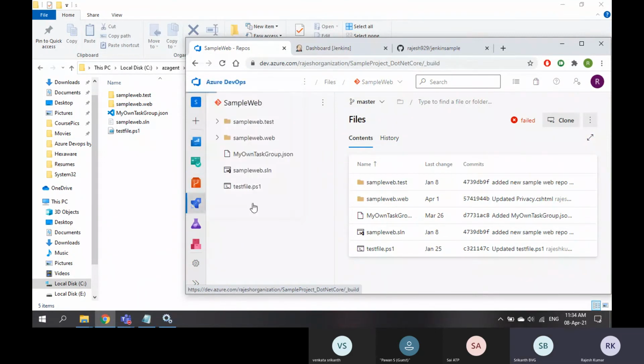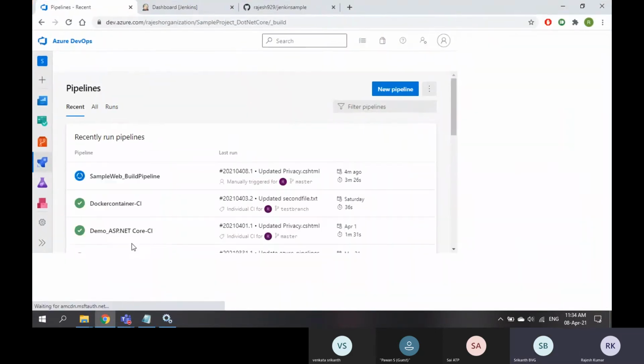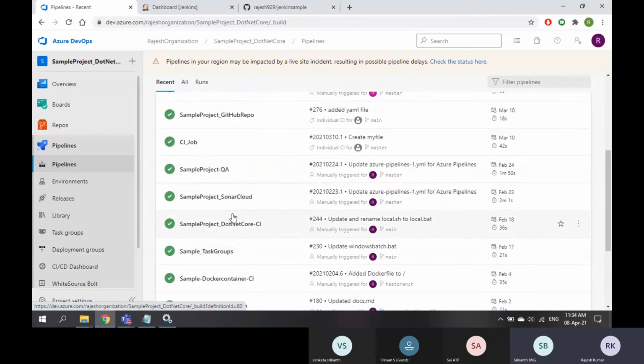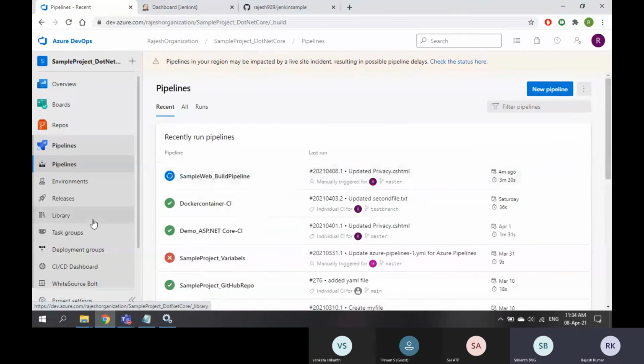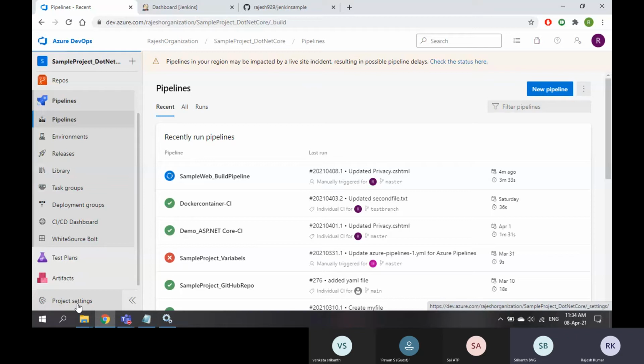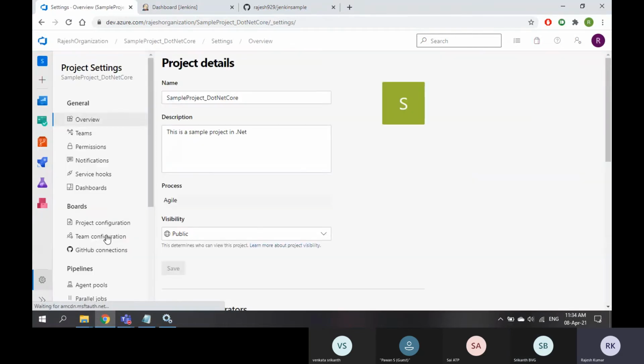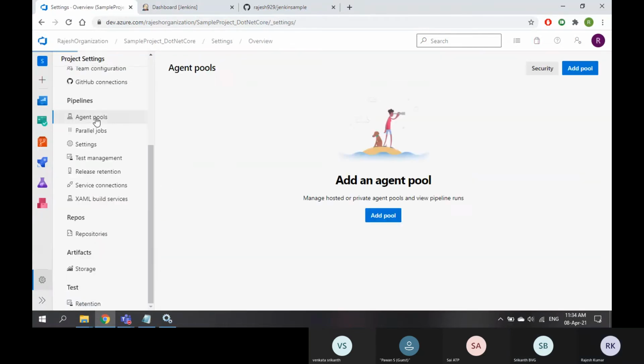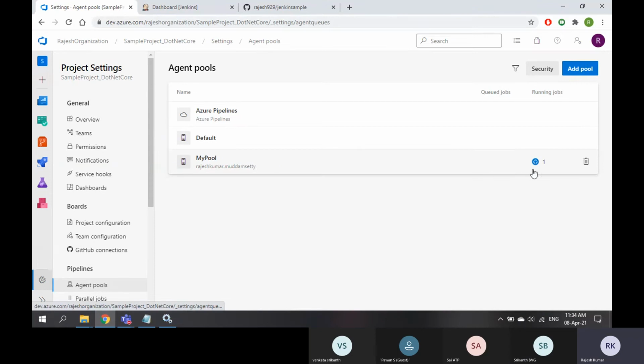If you go to project settings again, so this job is running. If I go to project settings and go to the agent pool, there you will see the same job. In my pool, there is a running job.